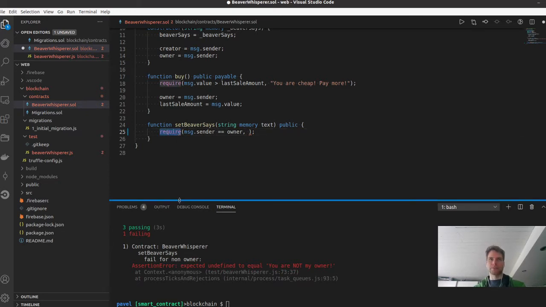It's a way to, if you put in a kind of Boolean expression here or some check that you want to check, and if that's true, then nothing happens and the code continues further. But if this is false, then it will roll back the whole transaction and nothing really happened, and you can optionally put the text here that will inform the caller why it failed. So we can do that. So we can say